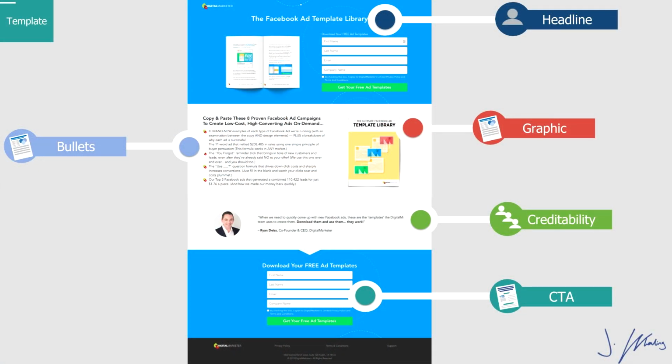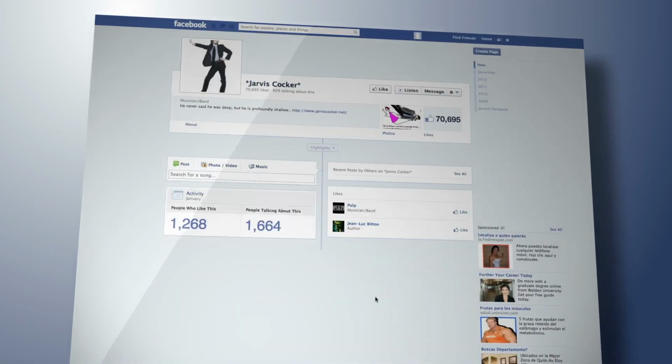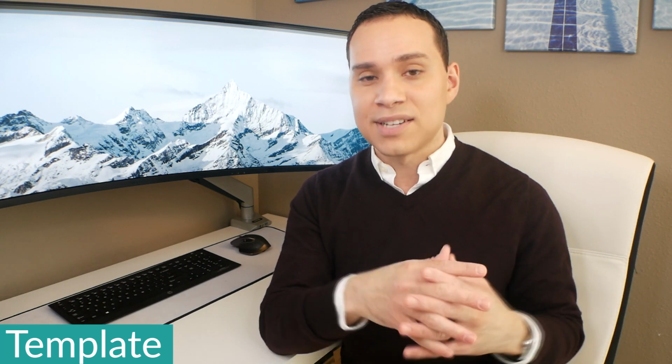So some examples of this, the first one we have is from Digital Marketer, and they just put together this collection or vault of Facebook ads and Facebook ad templates that have worked for them and their clients and other media companies in the past. So instead of someone having to do all the research and figuring out how they should format their Facebook ads or what they should be saying in their Facebook ads, just entering their name and email, and they get to skip all of that work. So the key word is they're skipping work. So as long as you're helping your ideal customer not do work, they're more than likely going to be happy entering their name and email in order to save a bunch of time and energy.